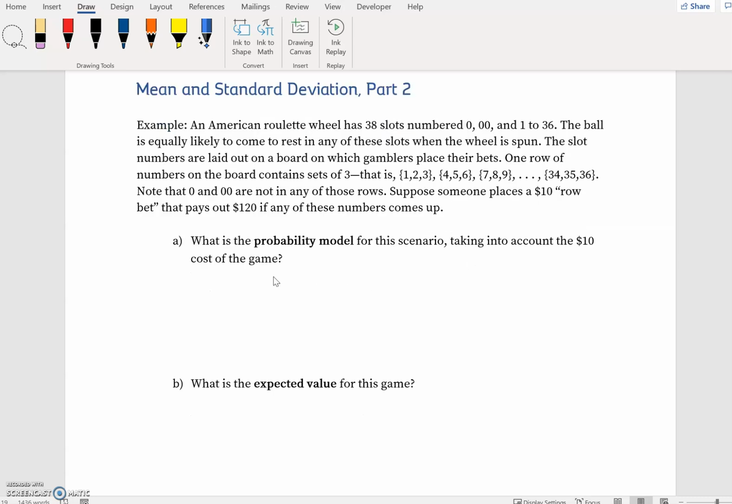So for starters, let's come up with a probability model for the scenario, of course taking into account the $10 that the game costs you to play. So for starters, we can say there is a 3 in 38 chance that we win. That's because if I place a single row bet, suppose we place it on that first row, 1, 2, 3, there are 3 numbers that could hit that I would win. There are 38 total numbers. So there is a probability of 3 out of 38 that I win,